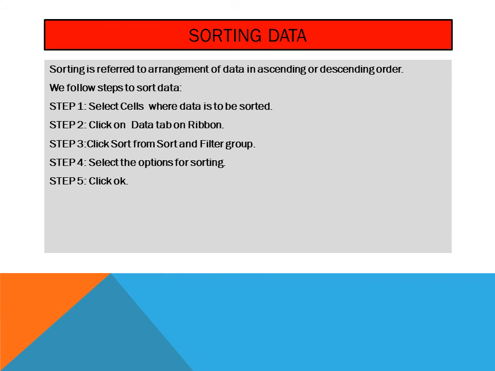Depending on your wish, how you want your data to look or be represented, you can select the required option on the sort button and click on OK, and finally we can see that our data is going to appear in the sorted manner. This is how we can sort the data in MS Excel.